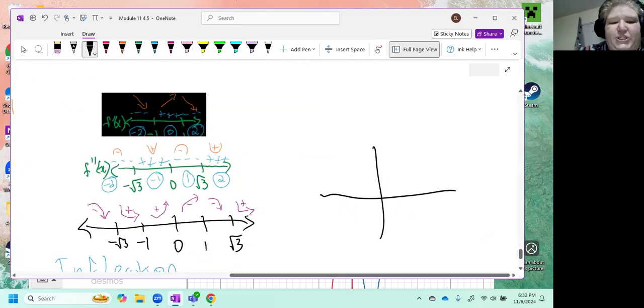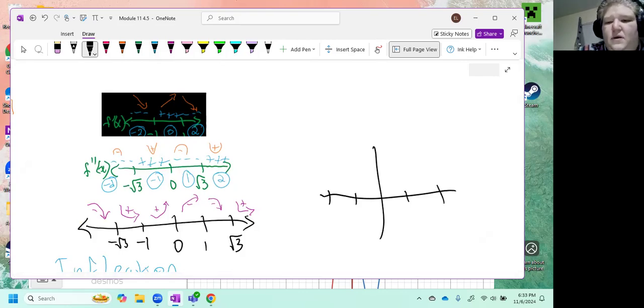So now what I'm going to do is, I've got my X labels. I need tick marks on the X-axis because I have to correlate my critical values to the X-axis. What I do not need is Y values. So I've got the Y-axis marked because it's establishing where the 0 is. But other than that, I'm not going to put any tick marks on it because this graph could be all sorts of different stretches, but the overall shape